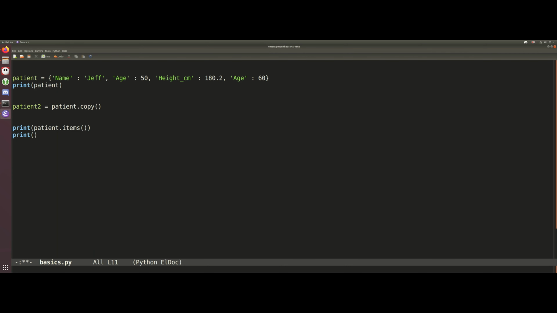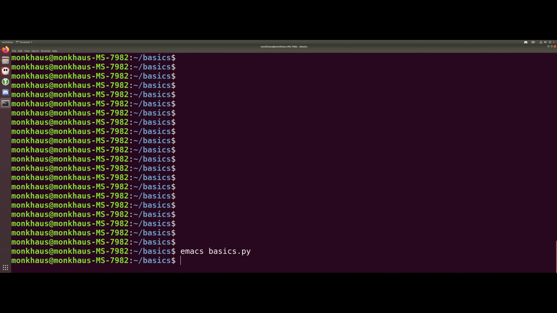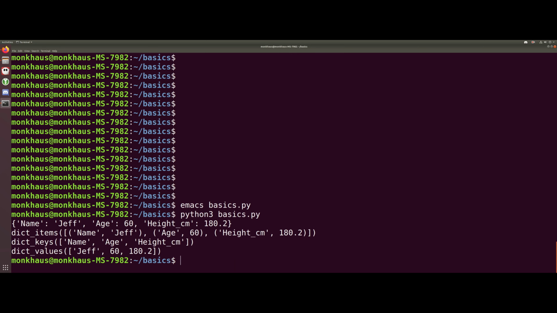Alternatively, what you might want to do is you just want to get the keys, right? You might not remember what keys are available, and you want to know what keys there are. So what we're going to do is print patient.keys, and then the last thing, you might just want to see if there's a certain value in your dictionary, in which case you can do patient.values. And what you'd usually be doing is you'd be saying, is x in patient.values or is x in patient.keys type of scenario. So if we just go ahead and print that,